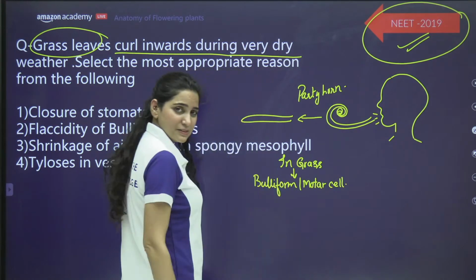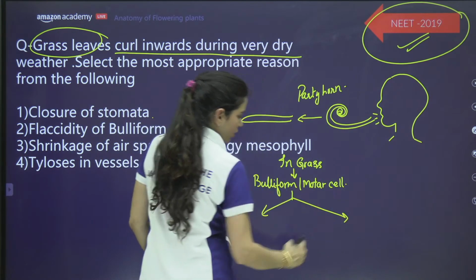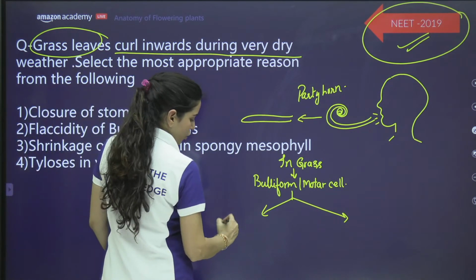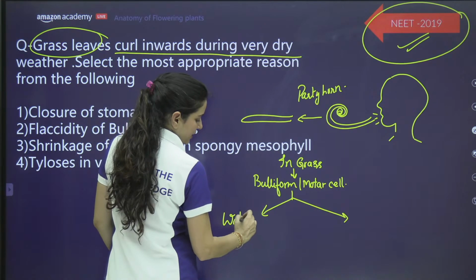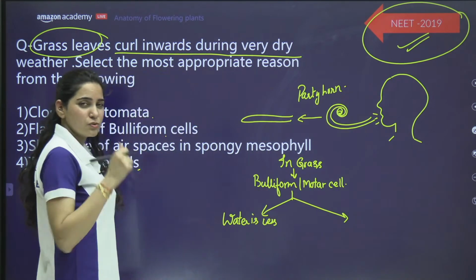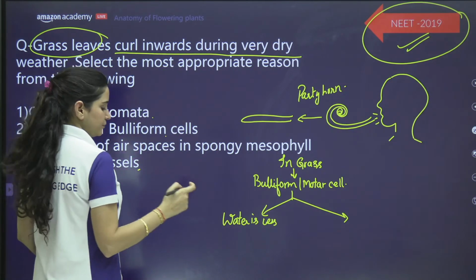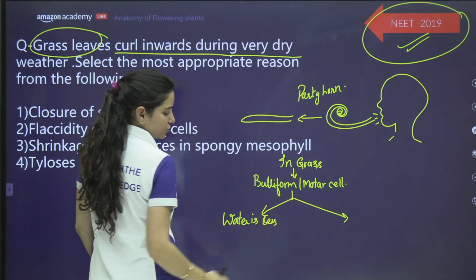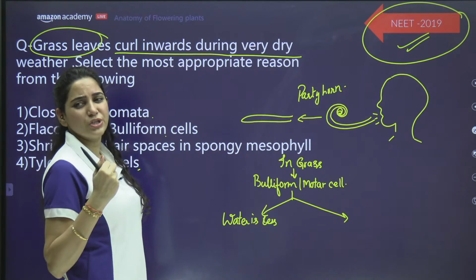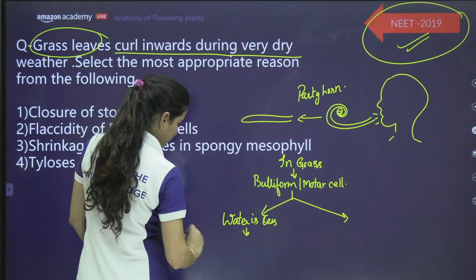So what happens when water is very less? मान लो प्लांट की बॉडी में पानी की कमी है, water is less, then what is going to happen? अगर पानी बहुत कम है तो क्या होगा भाई, ये वाली जो सेल्स है बुलिफॉर्म सेल्स है, ये श्रिंक हो जाती है, ठीक है। So these cells, motor cells or buliform cells,